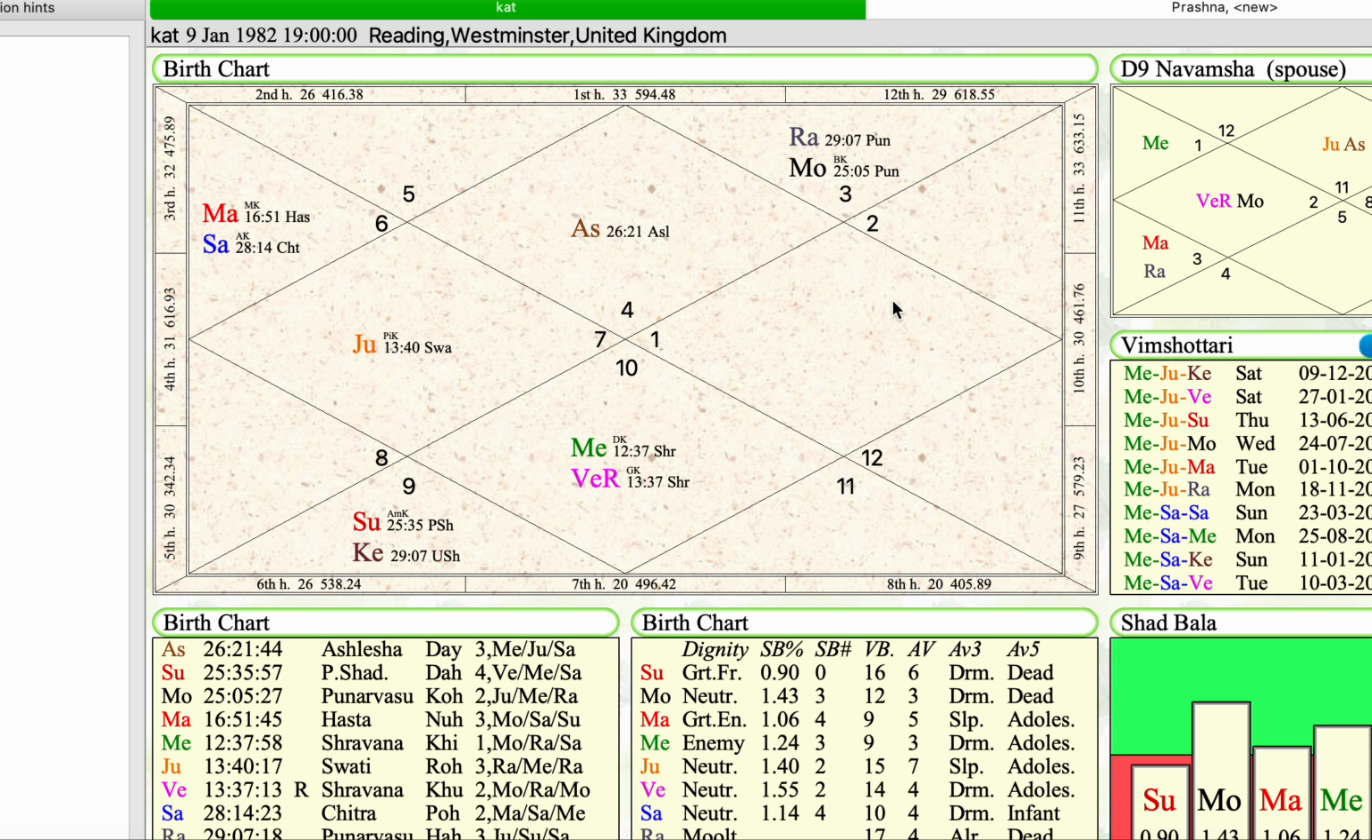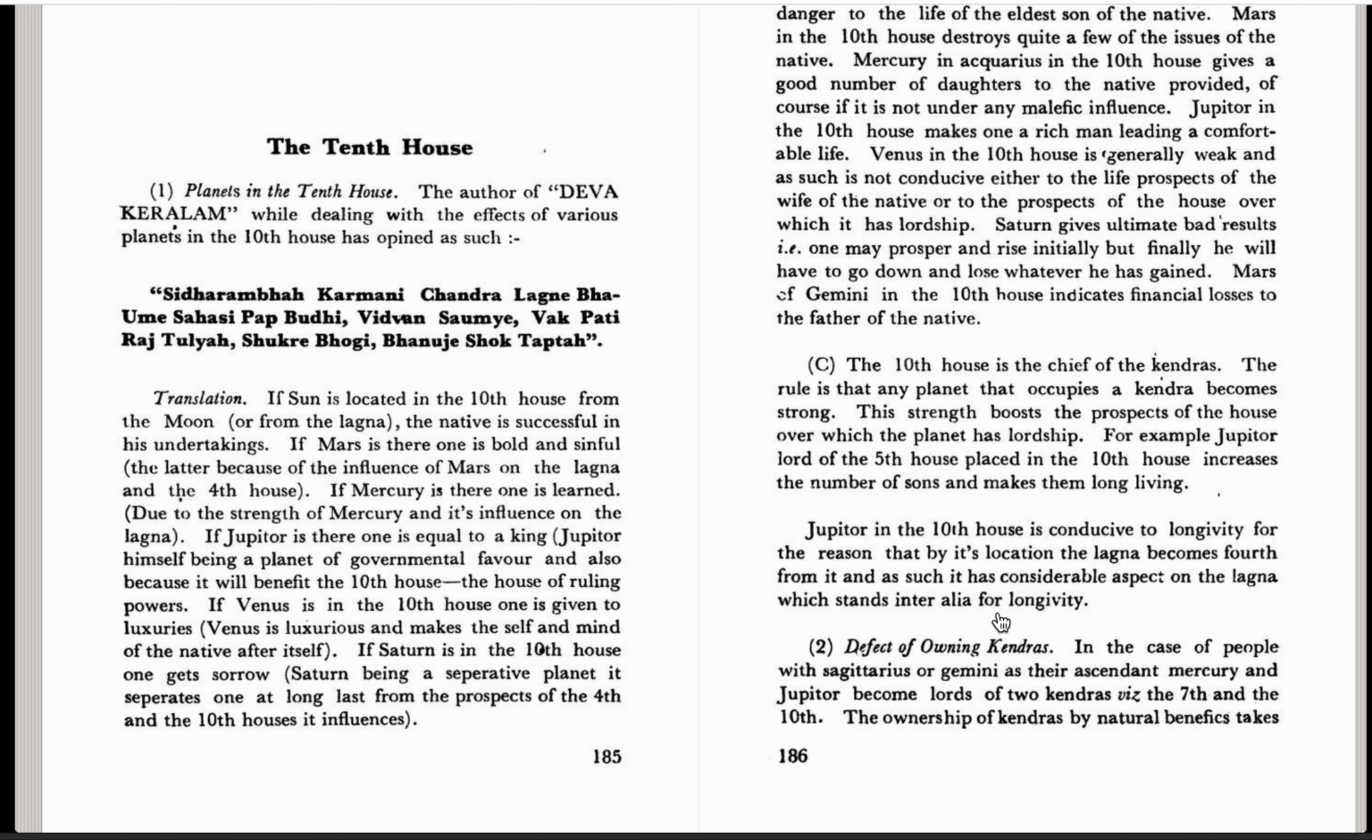So if Jupiter is here, this will become very powerful, because kendras are very important. This will strengthen this, this, and this. So if Jupiter is here, this automatically gets strengthened, because Jupiter is a very positive and very wealthy planet as well. And in the case of people with Sagittarius or Gemini as their ascendant,